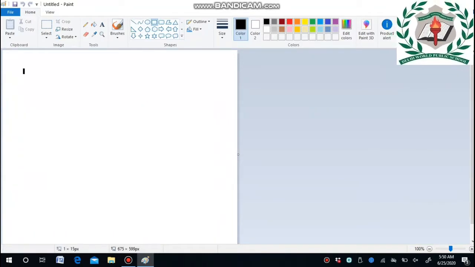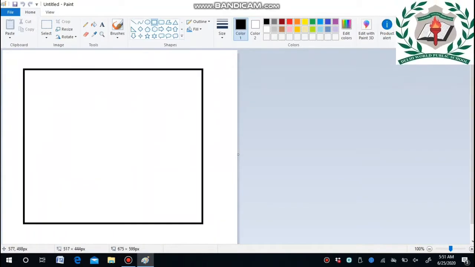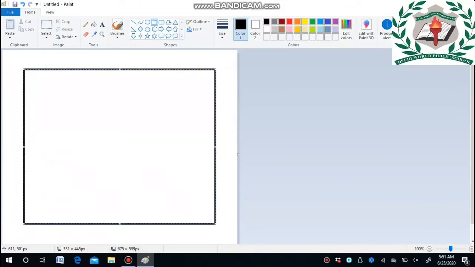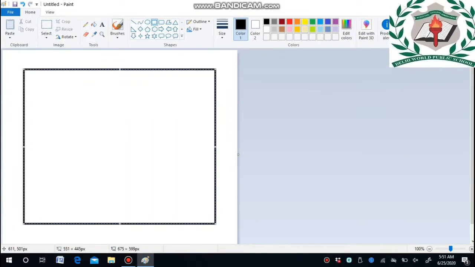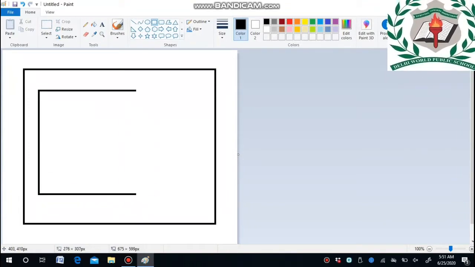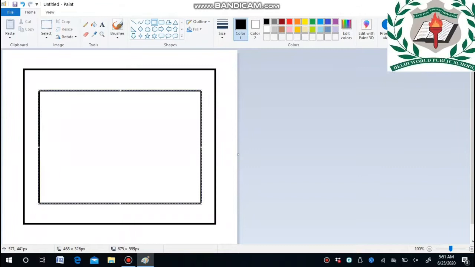And now I will tell you how to use shapes to draw. First click the rectangle shape. You may just left click with your mouse and then drag it, and it will appear on the screen. And next, again one more time, just click rectangle. However many rectangles you want, you may just again and again click and drag on the screen. Click the left button on the mouse and then drag. The shapes will appear on the screen.